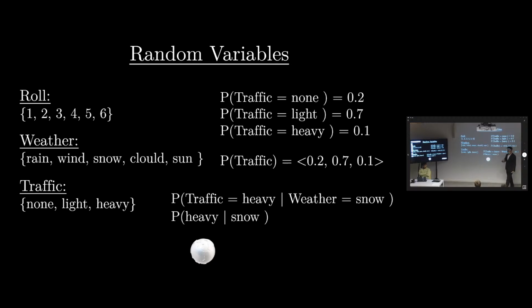Then we talk about conditional probabilities, which is really going to make us reason. So knowing this, I can deduce this, which is conditional probability. For example, we denote here: what's the probability of the traffic being equal to heavy, given that the weather is equal to snow, which could even be simplified as just the probability of heavy given snow. Now, we have our foundations of probability. Let's try to integrate this in our AI.